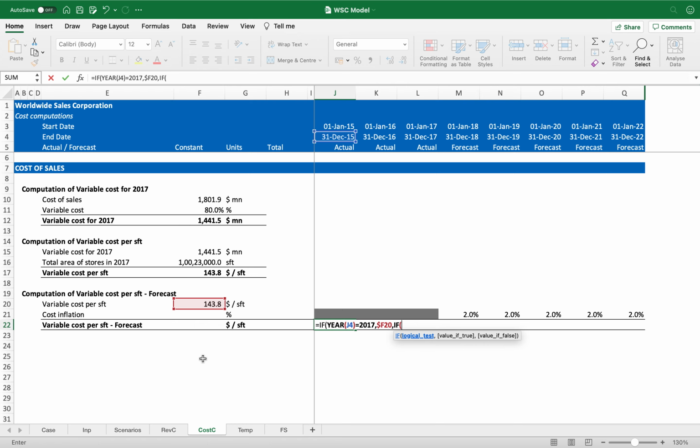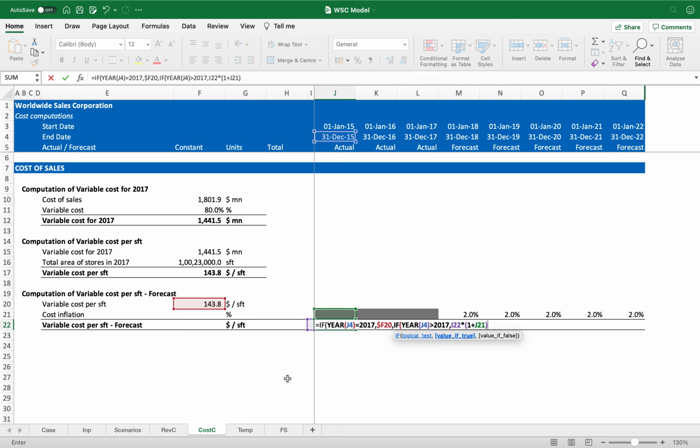If the year is greater than 2017, then what do I need? The previous cell value multiplied by 1 plus whatever is my inflation percentage,